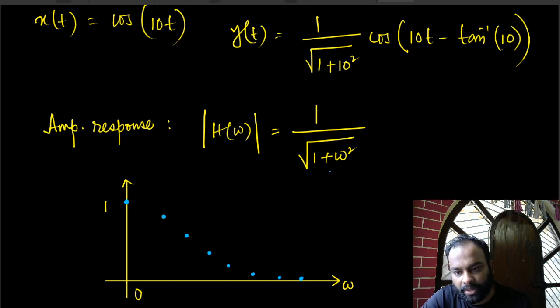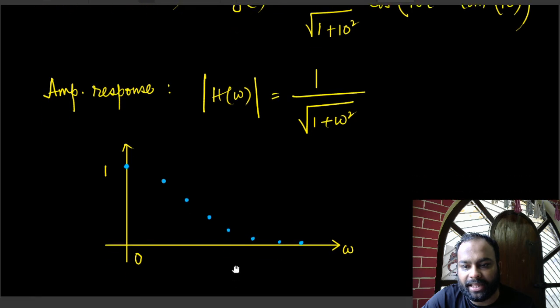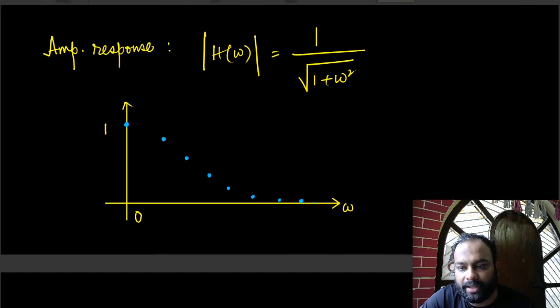If I now join these lines, and say this is the increasing value of frequency, this is maybe 10,000 radian per second, when the amplitude has become very, very small. So if I draw this in a slightly more sensible manner, like a person who can actually draw,